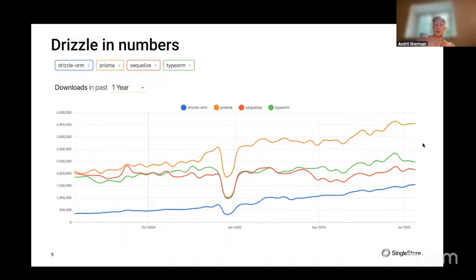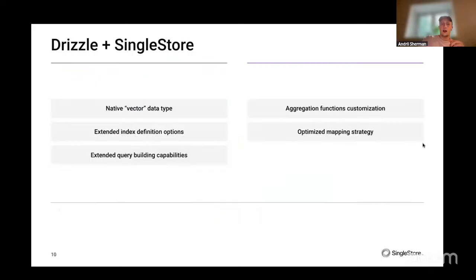Recently we started with some other databases and support for them, and we are now working with the SingleStore team to bring SingleStore to Drizzle. We try to make as many features as we can there to make working with SingleStore better for you.